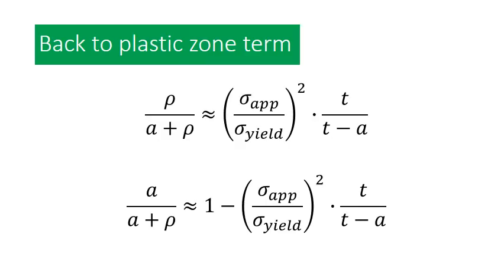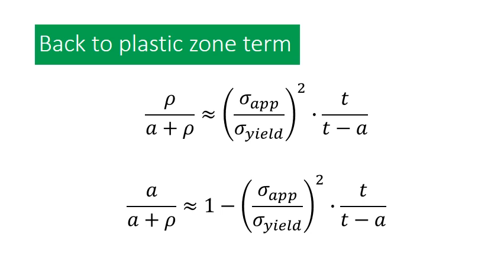First, what we're going to do is take that t over t minus a term and plug it right back into the equation that we saw a few slides ago. So basically, we are replacing that secant over secant term. And that gets us an expression which describes the ratio of the plastic zone depth to the flaw depth plus